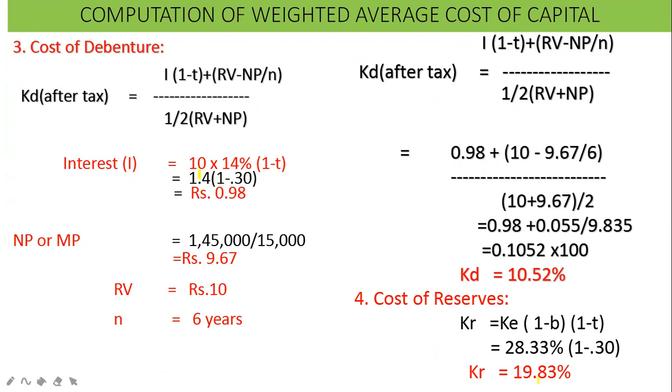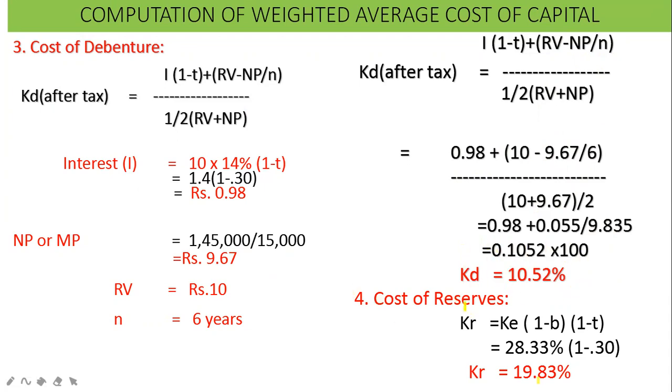Normally they are getting 1.4 as the interest, but after applying this tax rate, the actual amount of interest payable to the debenture holders is 98 paise only, plus this repayable value 10 minus the market price 9.67, divided by 6, the number of years. When you apply all these values in the formula, you will get the cost of debenture as